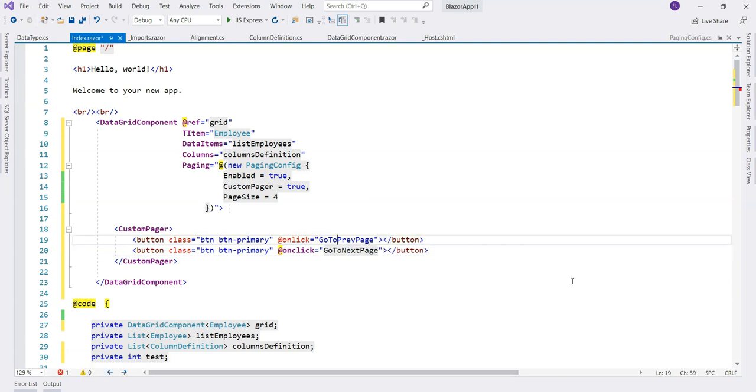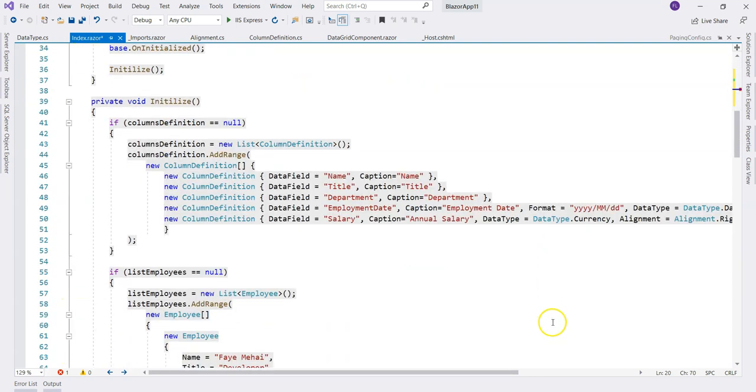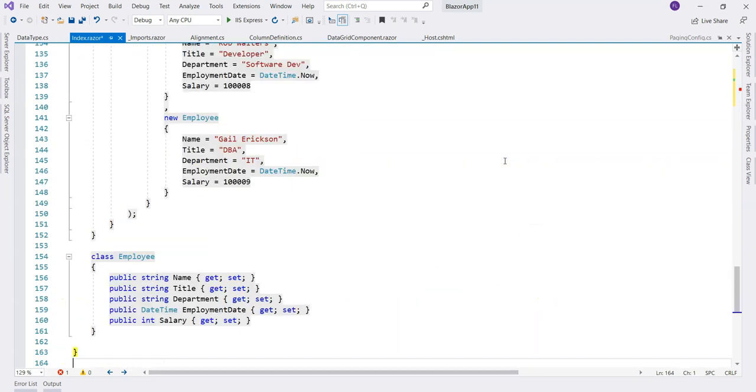To make it clearer, let's use a different function name than the one before. I'm going to call it pref and next here. And then at the bottom here, I'm going to use